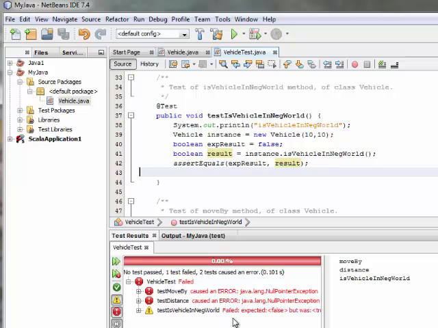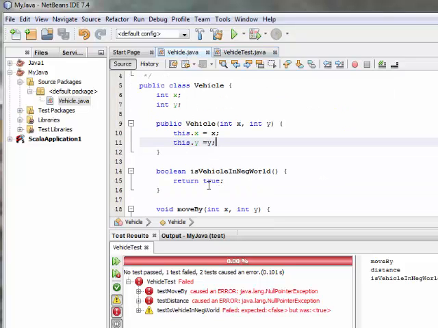So the whole vehicle test failed, but we have two errors and we have a failure, which is good. And we get failed, expected false, but was true. Okay, now why are we failing this test? Well, go back to the vehicle. This always returns true no matter what. Okay, so now our job is to fix